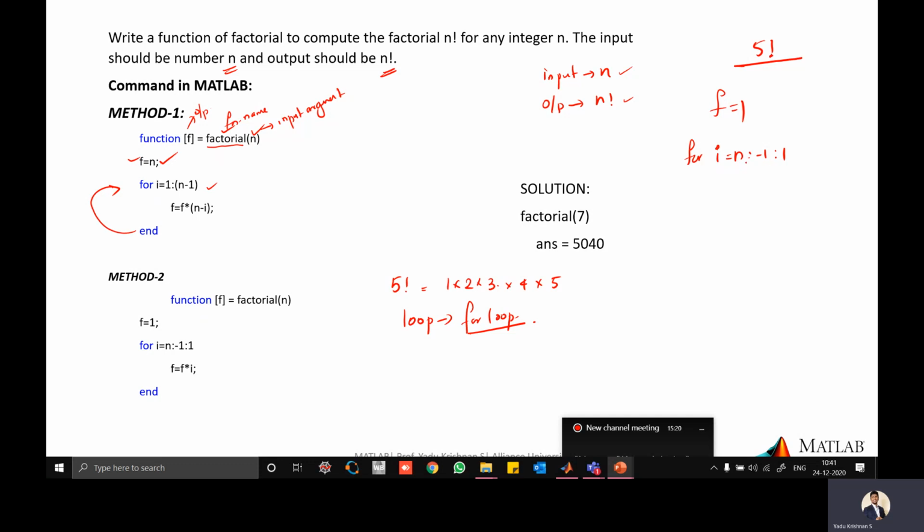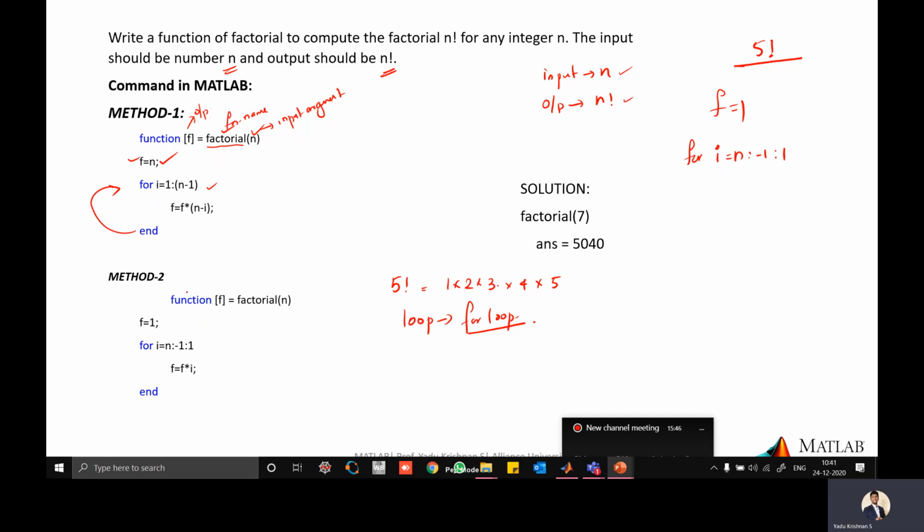Previously we did 5 into 4 into 3 into 2 into 1. Here what we are going to do is 1 into 2 into 3 into 4 into 5, the opposite way. That is the reason we are taking n to 1 and n minus 1.